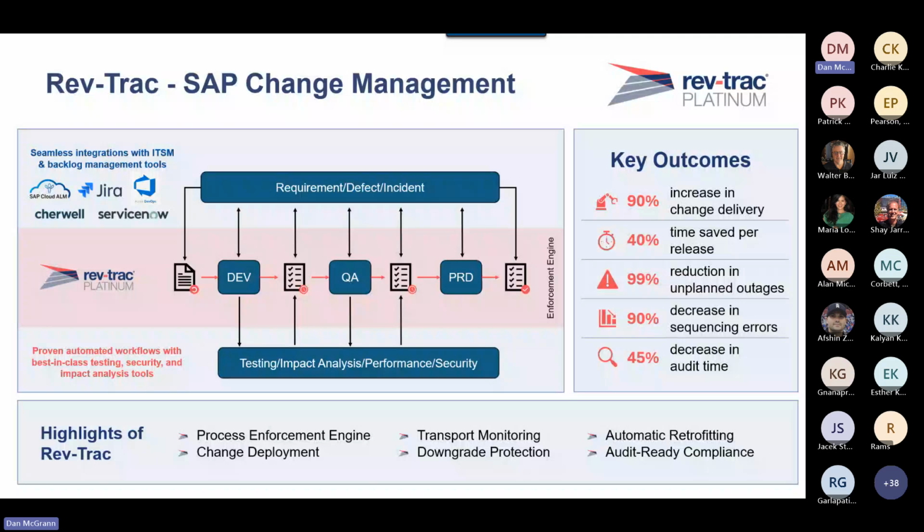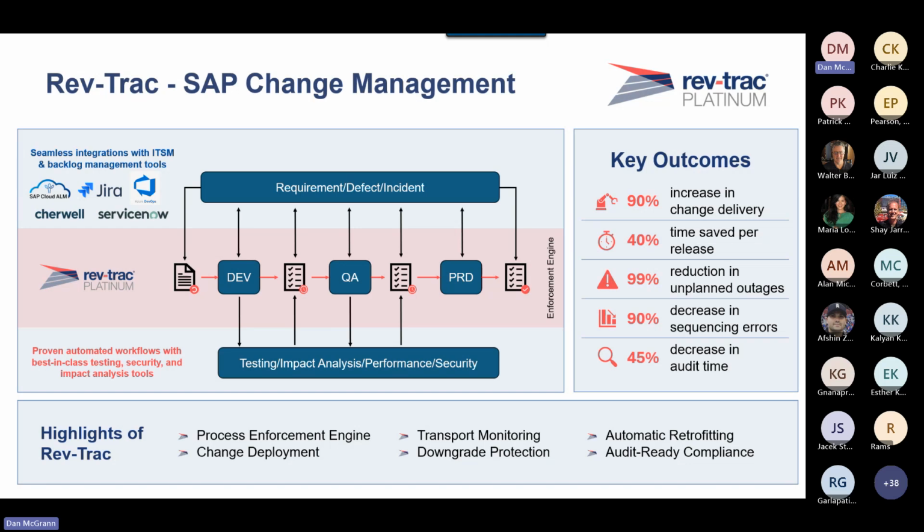We also have integration with other tools. They're not named here. They're sort of shown in the next slide, but testing tools and code checking tools and impact analysis solutions. So Rev-Trac is really that enforcement engine and orchestration layer across your entire